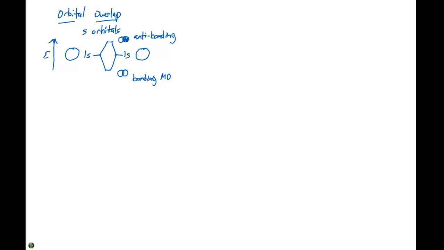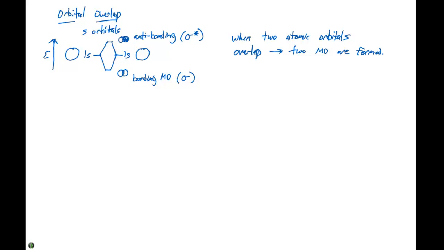We can characterize this: if it's a bonding molecular orbital, we have head-on overlap, so we can say this is a sigma, and the anti-bonding orbital is called a sigma star, indicating that it is anti-bonding. In each case we have head-on overlap. One of the things we can say is that when two atomic orbitals overlap, two molecular orbitals are formed. So the number of atomic orbitals must equal the number of molecular orbitals. This is going to change a little bit when we look at p orbitals,